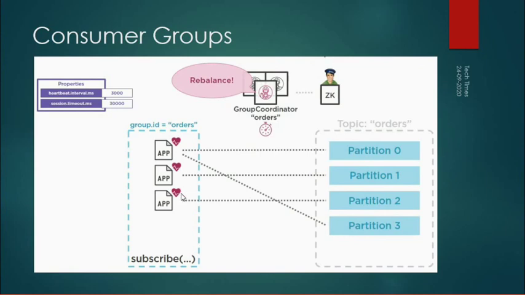Now in this case, if we add one more consumer to the consumer group, that fourth partition will get assigned to that consumer and we will have four consumers consuming in parallel from the four partitions. I hope you have understood consumers and consumer groups now. You can deep dive into it and learn more about other parameters which you can use to tune them and increase the performance of consumers and consumer groups.